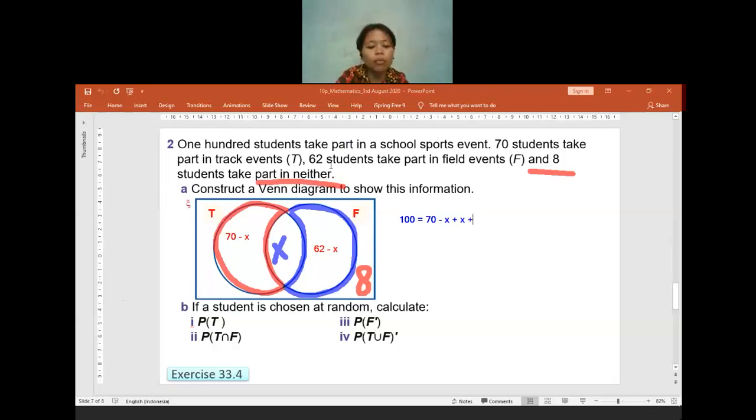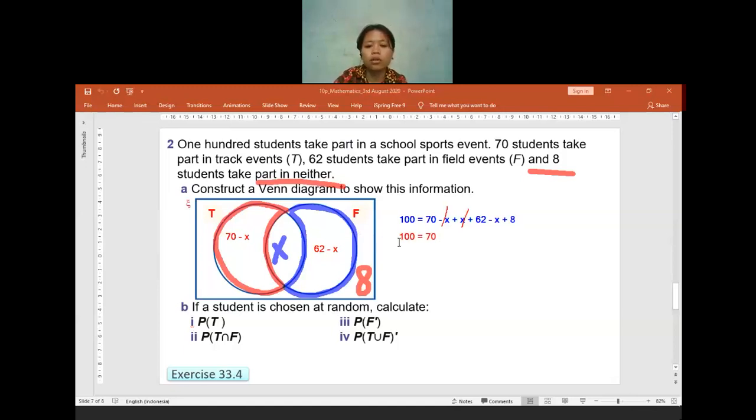It is 62 minus x, and then I add it with the number outside the circle, which equals 8. Later I can cancel the x in here. Minus x plus x will be equal to 0. So I can just ignore this and this. So now I only have 100 plus 100 is equal to 70